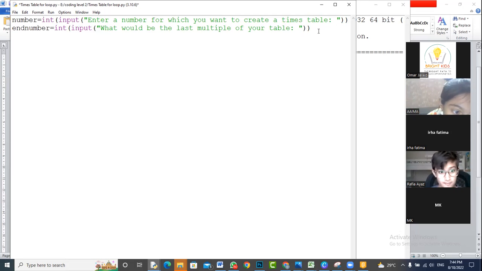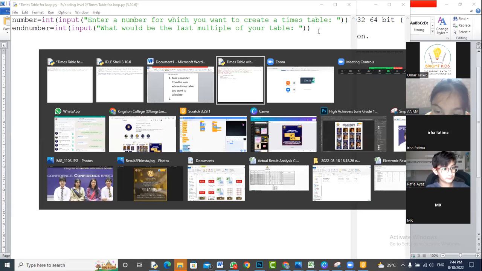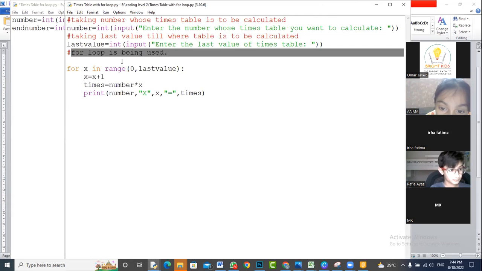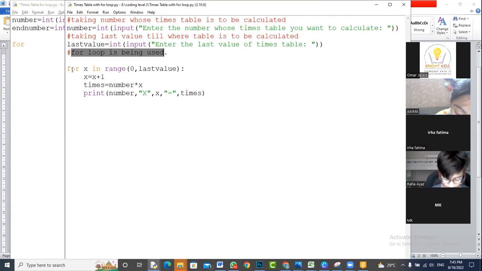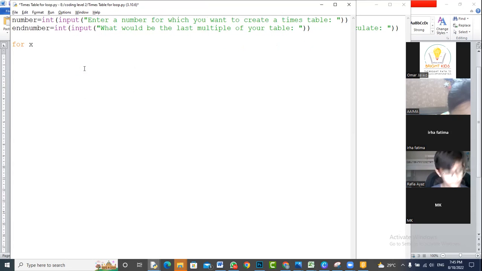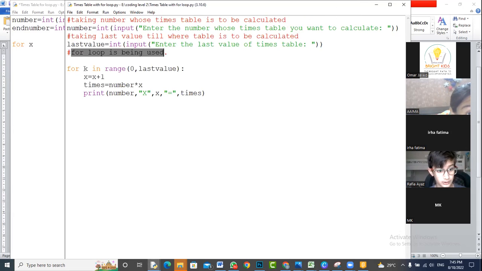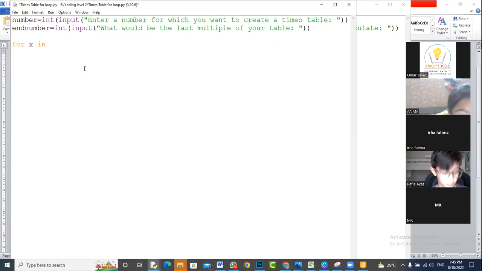After that, we are going to start with the next part, and the next part is that we now start the for loop. In order to start the for loop, what we need to write is for. It means that we have started the for loop, and this for loop is related to x. X is just a number. It does not have any primary value. Its first value would be 0 for x,